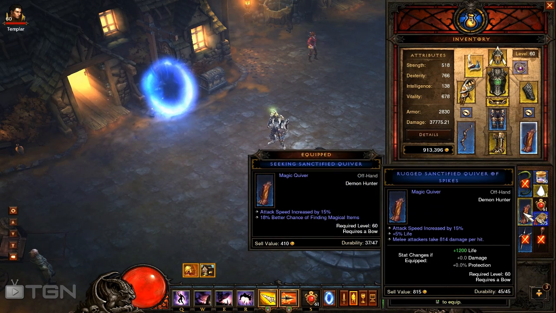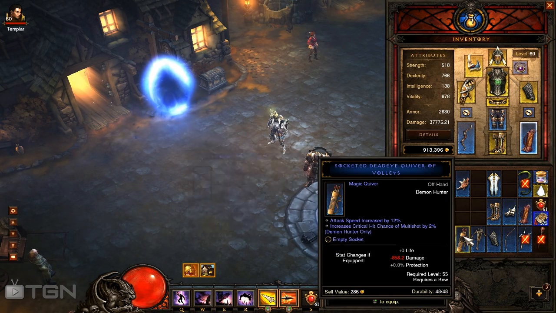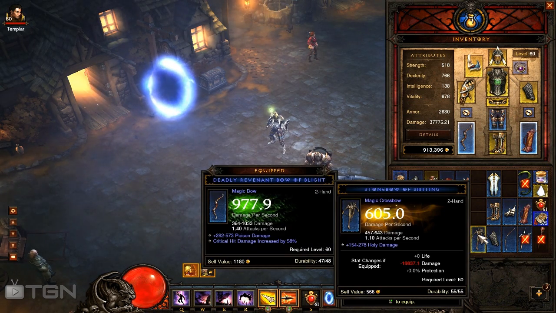Usually with blues, you're looking for weapons, shields, stuff like that. That's going to be your big money makers as far as that goes, and even upgrades sometimes. You can see I'm using a blue two-hand bow right now, so maybe I got an upgrade in here though,